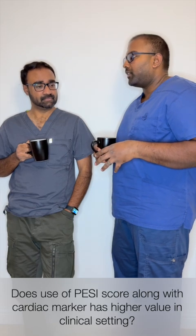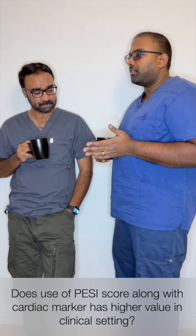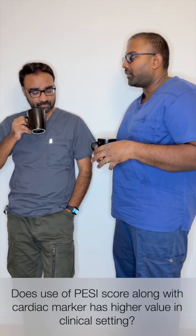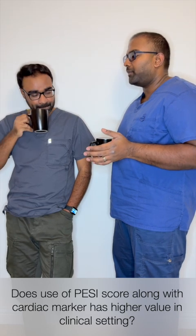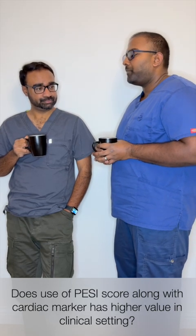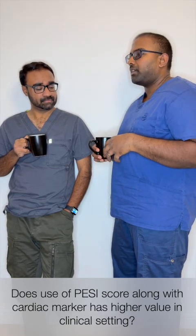In the trust that I work, we actually use the PESI score by categorizing patients into class 1 to 2 as lower risk, so that they can be started on anticoagulation and sent through an ambulatory care pathway. So we book a CTPA as an outpatient, and then they get followed up in the ambulatory care unit. Whereas patients with higher PESI scores of class 3 and above have to be admitted and have their CTPA